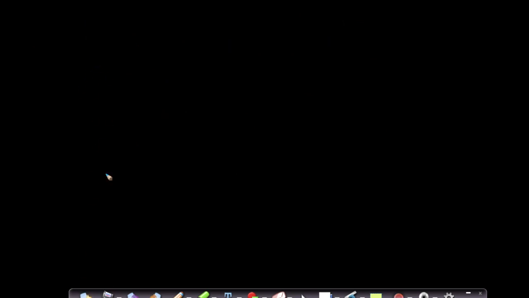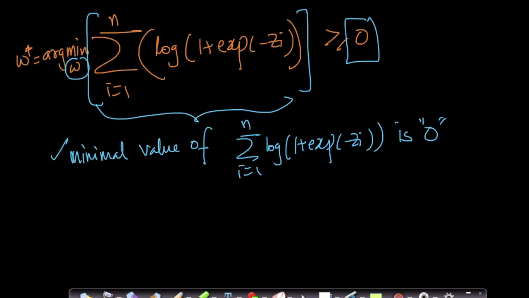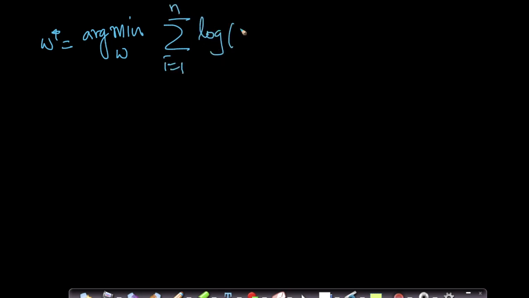So let's take this problem, right? When does that 0 occur? So let's write our optimization problem again, right? Our optimization problem is minimize or argmin, W star equals argmin summation of i equals 1 to n log of 1 plus exp of minus zi. Now if zi is positive,